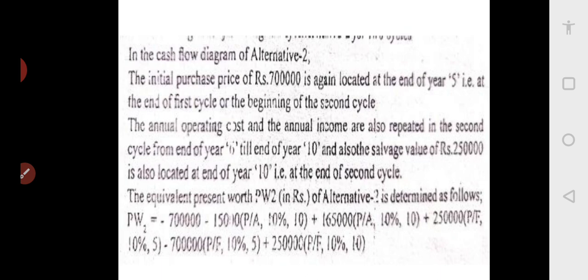The second equipment has got a life of only 5 years now. The first equipment is only 70,000 straight away return. But here I am going to write because I am going to spend this 70,000 rupees after 5 years. So that present value I have to find out. Plus this second machine also I am going to sell after 10 years, not now, after 10 years. So 2,50,000 rupees. The salvage value I have considered the same, 2,50,000 only. P bar F means present value I am going to find out of the future value 2,50,000 rupees, which I am going to get after 10 years, after the second life. So P bar F only, present value of the future worth, which is 2,50,000 rupees at the rate of 10%